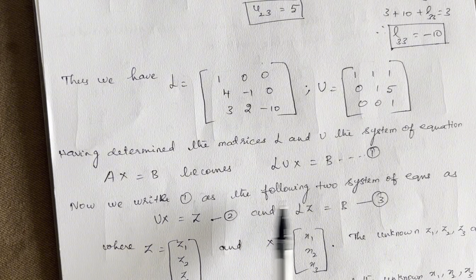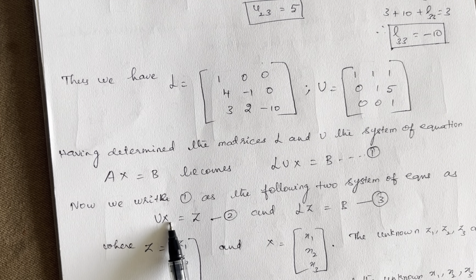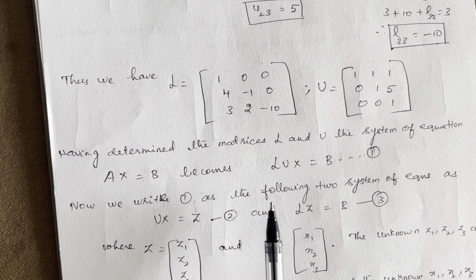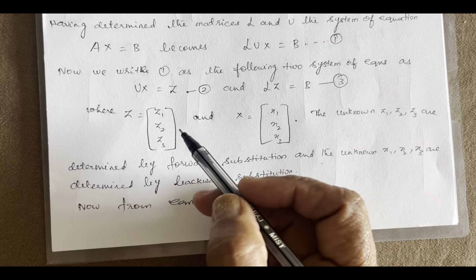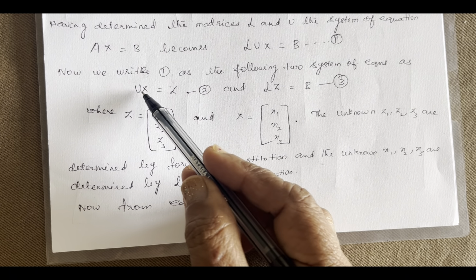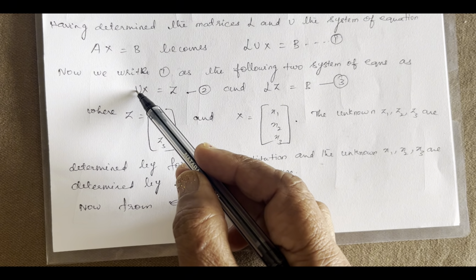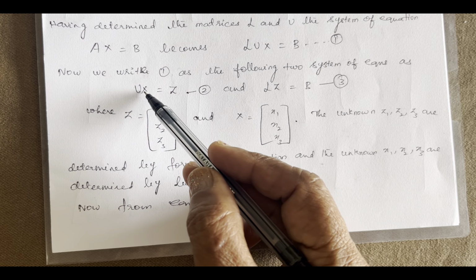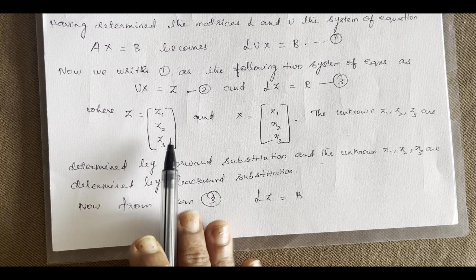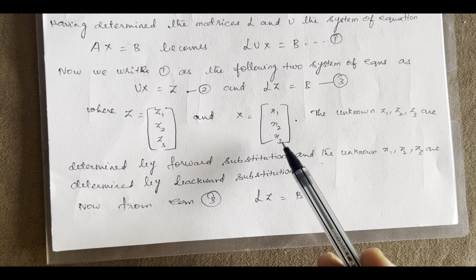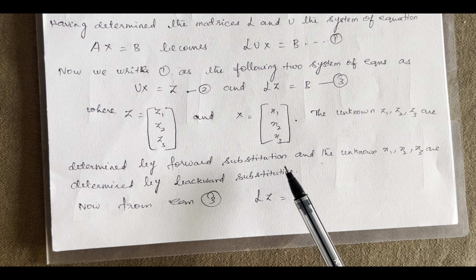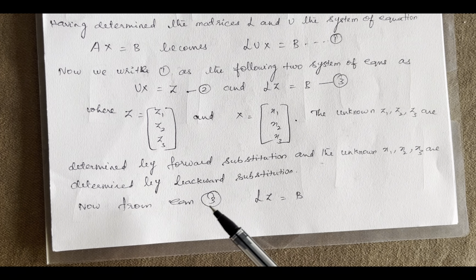Next step is we write this equation as a system of equations: Ux is equal to Z and Lz is equal to B. By going for such a substitution, I am able to find out what Z is, and once I know Z, I can substitute in equation 2, Ux is equal to Z. We know U and we also found Z, so it is easy to find X. So here I have to take Z as a column matrix Z1, Z2, Z3, and X is X1, X2, X3. The unknowns Z1, Z2, Z3 are determined by forward substitution, and the unknowns X1, X2, X3 are determined by backward